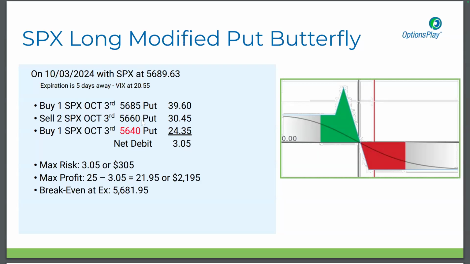Well, the long put spread that we talked about is 5685 down to 5660. That's 25 points. Now, on the short put spread, that goes 5660 down to 5640. That's 20 points wide. Now, what does that do? The short put spread brings in the credit. So by not going further down to the 5635, by not going 25 points, we don't bring in as much of a credit. So we have to pay a little bit more for the butterfly.